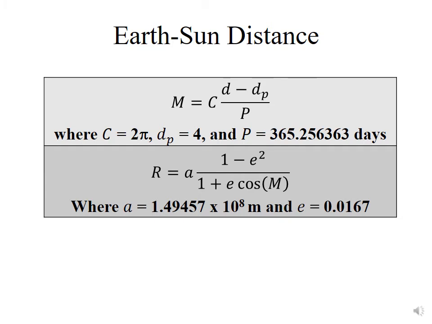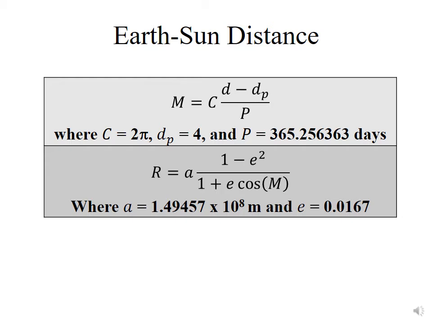So if you want to calculate the Earth-Sun distance on any given day, then these are the formulas that you need to use. So we have R, and the second equation is the Earth-Sun distance is equal to a constant A times 1 minus the eccentricity E over 1 plus the eccentricity times the cosine of this function M. M is essentially defining where we're at in terms of the orbit around the sun. So it equals 2 pi